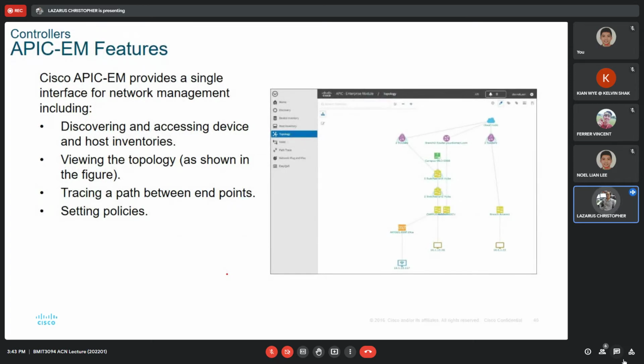Right, so Cisco EPIC EM provides a single interface for network management, including discovering, accessing device and host inventory, viewing the topology as shown in the figure. So this is what I was talking about earlier on, the interface or the dashboard looking like the Packet Tracer. So you can see here, we can actually see an icon representing the devices and lines representing connectivity here. Right, so